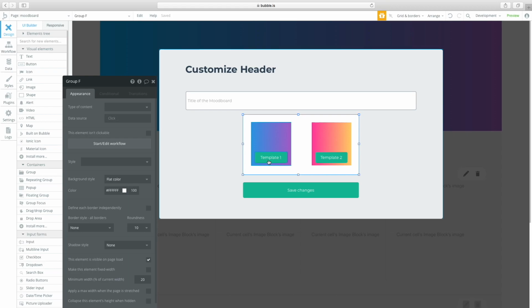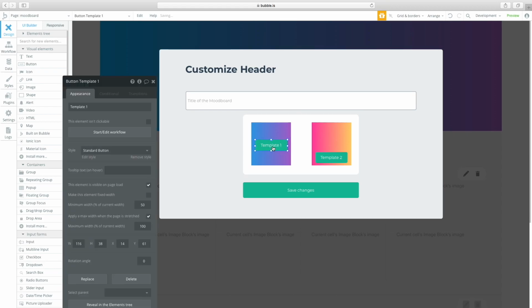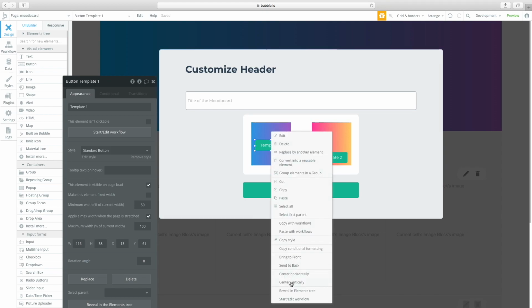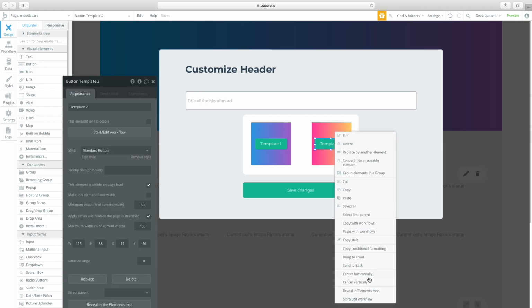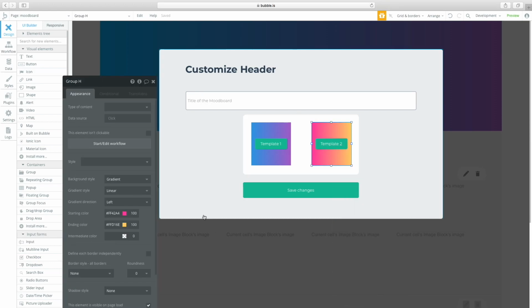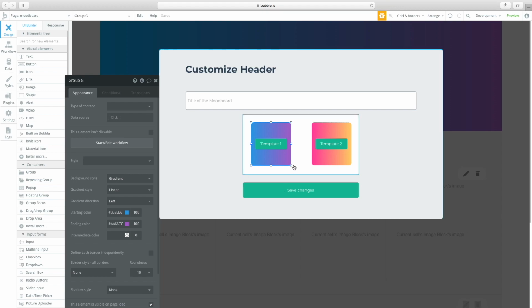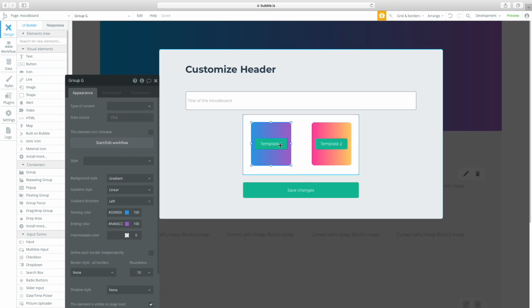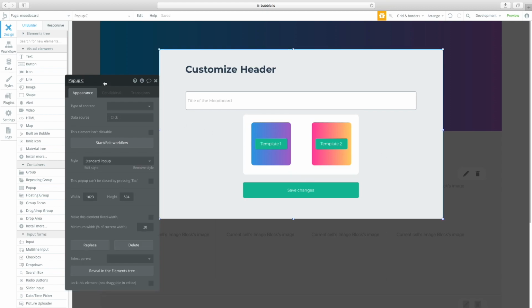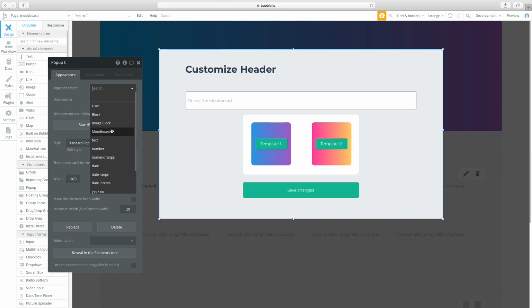Alright, so the user will be able to choose the banner color, centered vertically. Alright, this is okay. So this is how it's going to work. I'm going to add roundness here, somewhere around 10. This also to 10. The user is going to choose one of these templates and it's going to be reflecting. What's going to happen is I'm going to change the pop-up, the type of the content, to mood